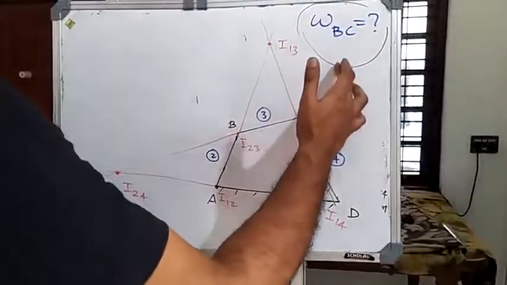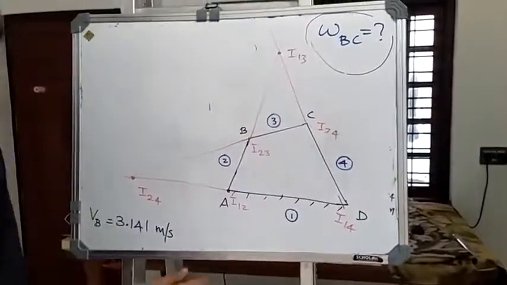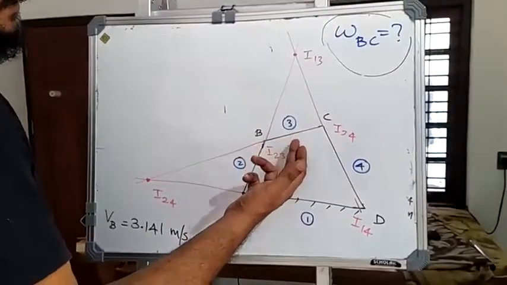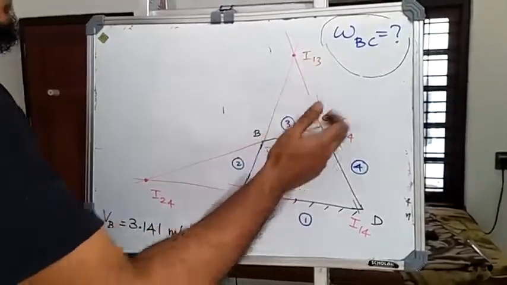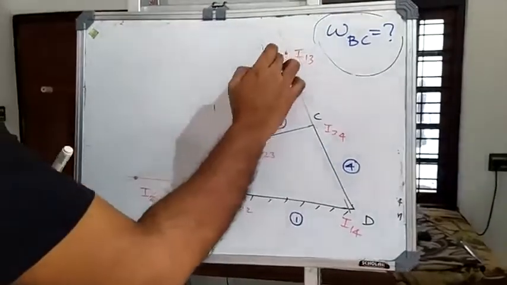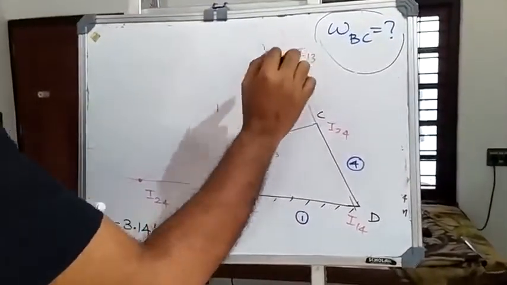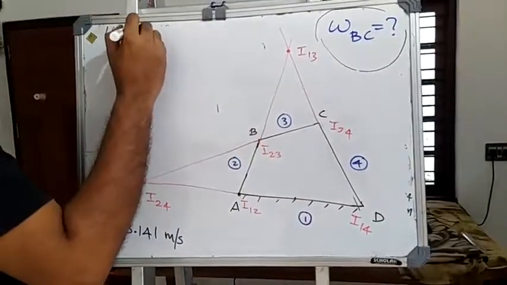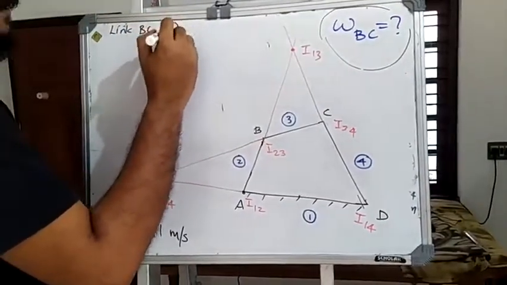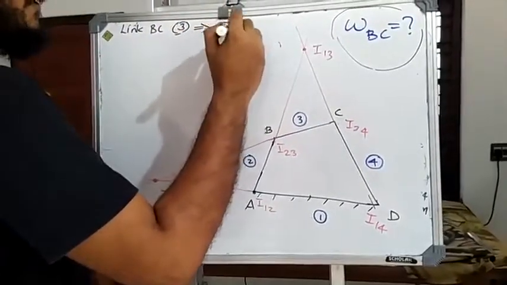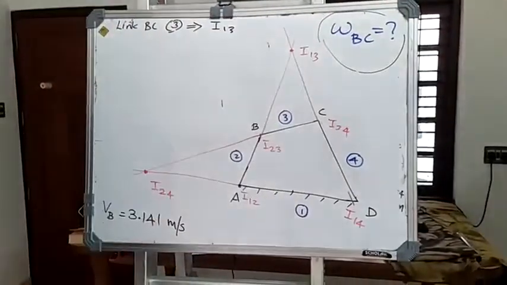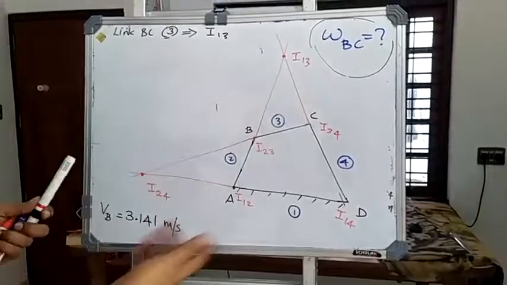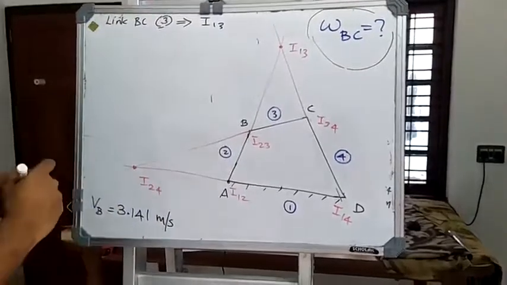Now we are required to find out the angular velocity omega BC. That means link number 3. Now if you look at link number 3, you can clearly identify that the eye center corresponding to link number 3 is I13. Hence, with respect to the eye center for the link BC, which is our third link, the corresponding eye center is I13. Now, for the link BC, with respect to the eye center I13, I can write a certain equation. That means